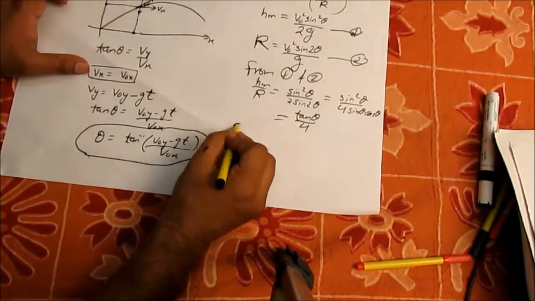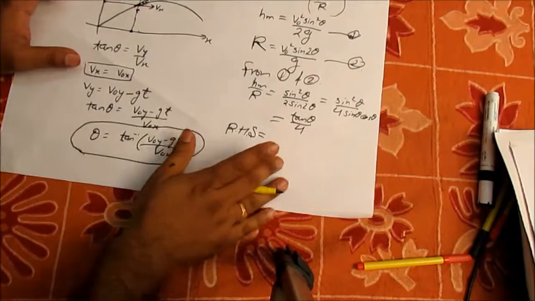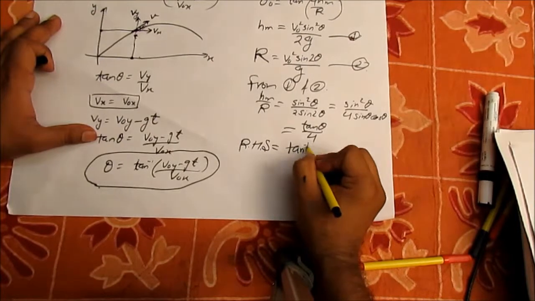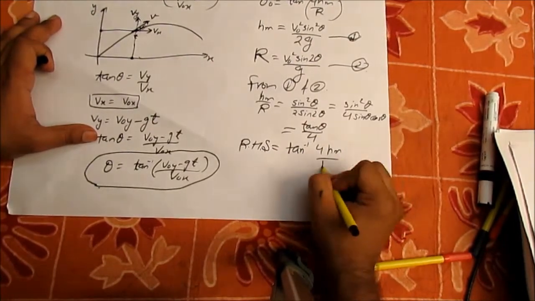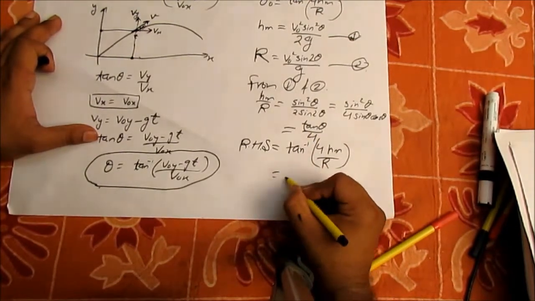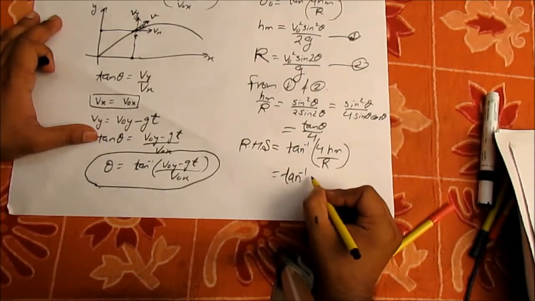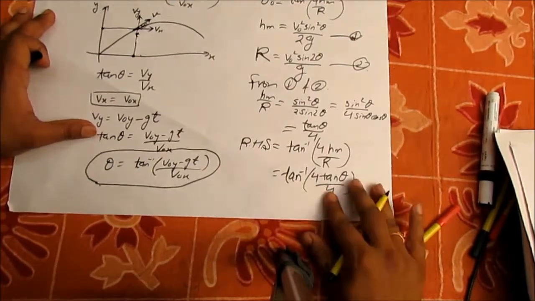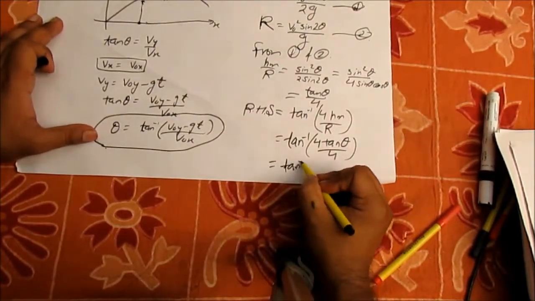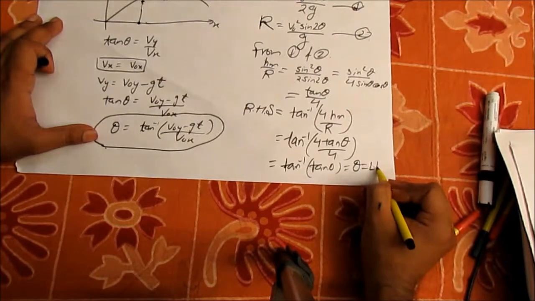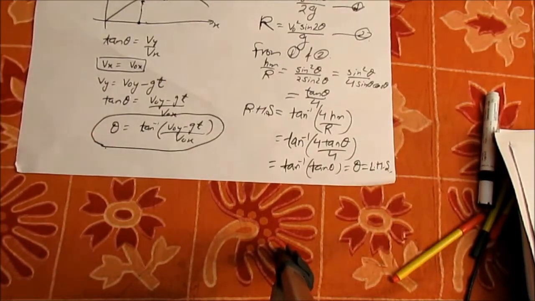So we will go from the right hand side to prove this equation. So we know RHS is equal to tan inverse of 4 hm by r, but we know hm by r as tan theta by 4. So I will put this value, I will get tan inverse of 4 tan theta divided by 4. So this is equal to tan inverse tan theta, which is equal to theta, and which is equal to the left hand side. So it's again a very simple and very easy problem.